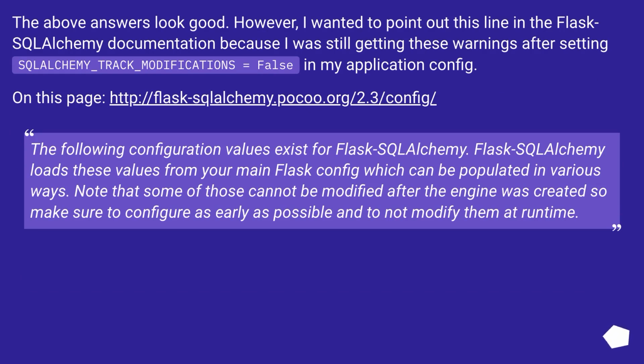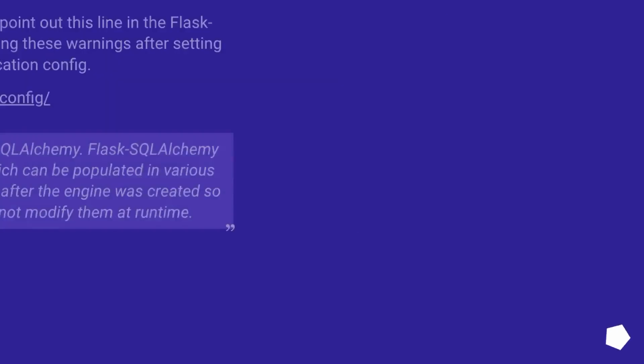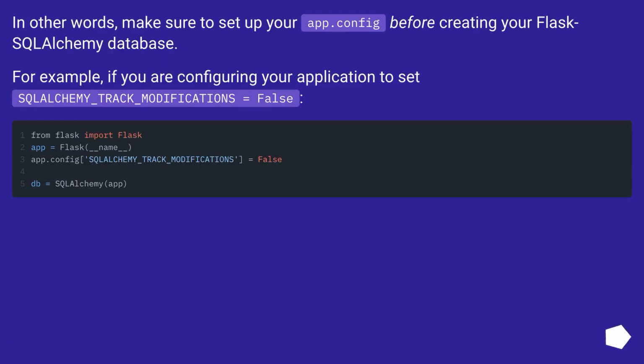The following configuration values exist for Flask-SQLAlchemy. Flask-SQLAlchemy loads these values from your main Flask config, which can be populated in various ways. Note that some of those cannot be modified after the engine was created, so make sure to configure as early as possible and to not modify them at runtime. In other words, make sure to set up your app.config before creating your Flask-SQLAlchemy database. For example, if you are configuring your application to set SQLALCHEMY_TRACK_MODIFICATIONS equals False,